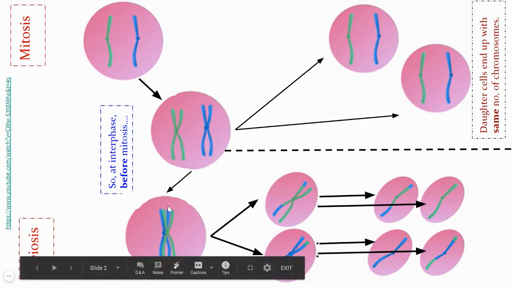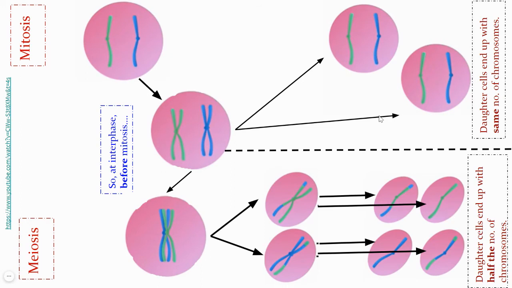So if you see, the parent cell has two chromosomes with two chromatids each. In the first division, the two chromosomes will separate after interchanging small segments among them. And then again in the second division of the meiosis, these chromatids will separate from each other and become independent chromosomes. And you will notice that there are daughter cells whose genetic composition is slightly varying from the parent. The parent's chromosomes are represented by a fully blue and a fully green chromosome. But among the daughter cells, there are some daughter cells which have a mixture of green and blue segments of the chromosome, which means they are showing variation.